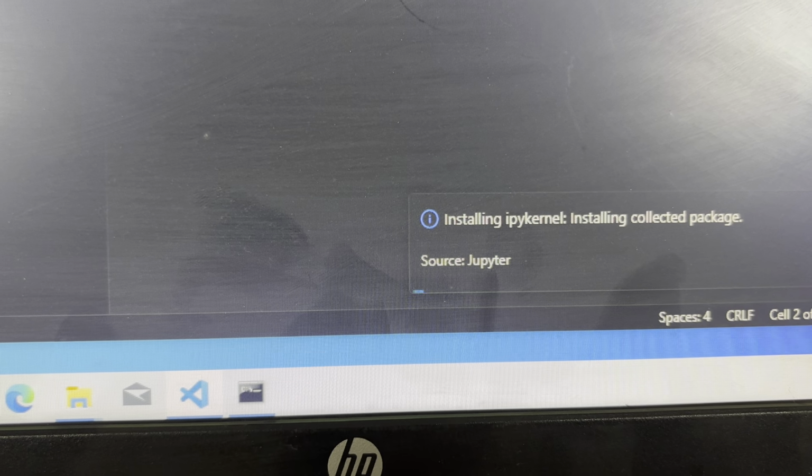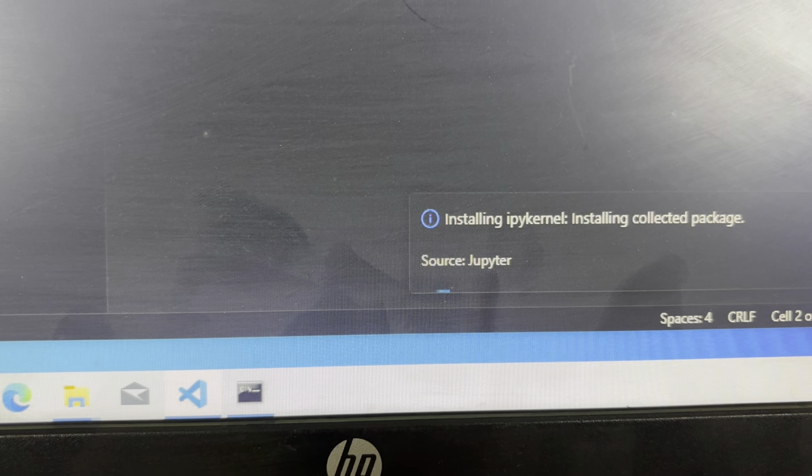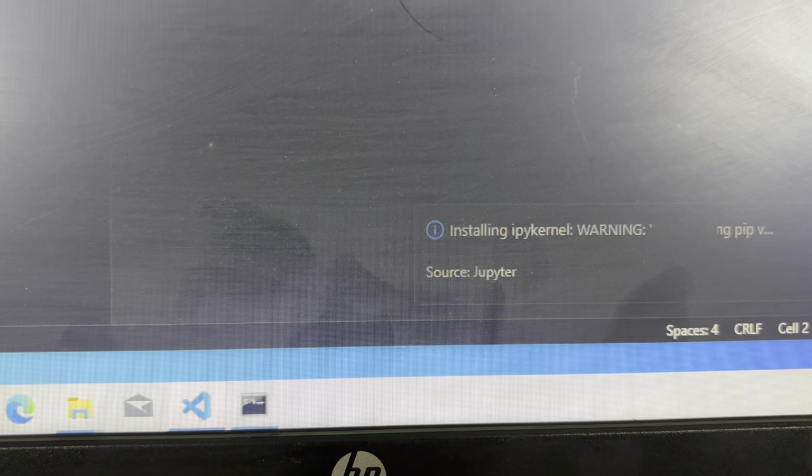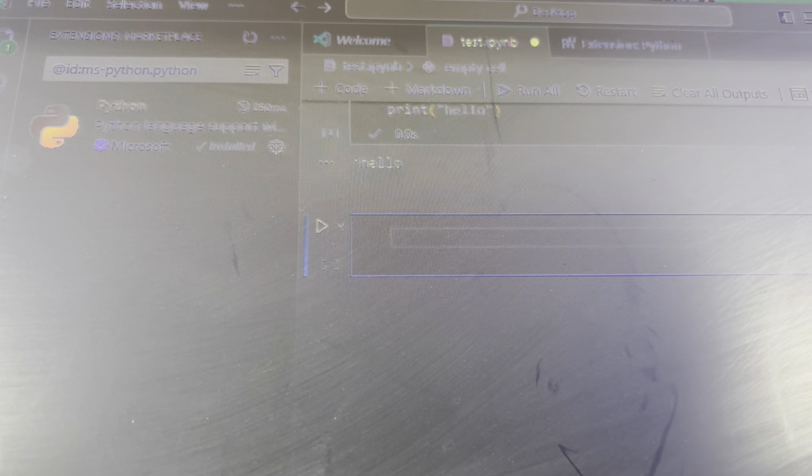It will take some time, so be patient. Yeah, so it's connected to the kernel, and then you must see this output hello just below the cell.